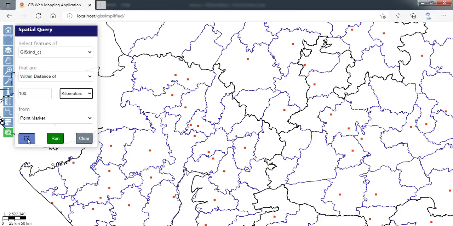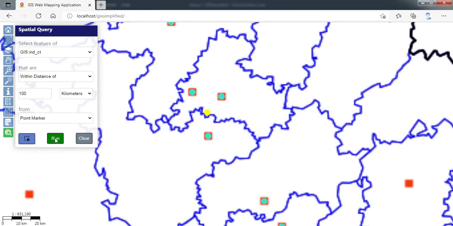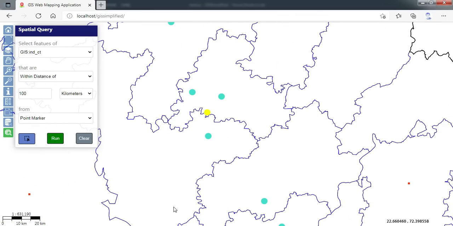You can see this user input button has changed to a pinkish kind of color, and it will take the point as the input. So it is changing the behavior based on the marker type. Now when I execute the query, you can see there are multiple objects selected. There are around 7 cities selected which are within 100 kilometer of this.